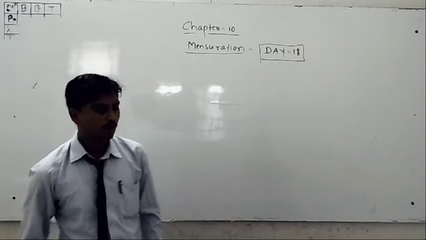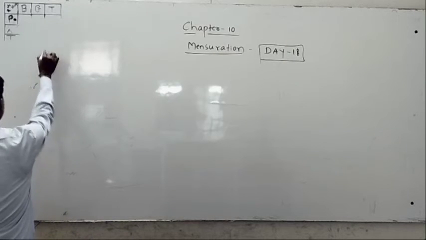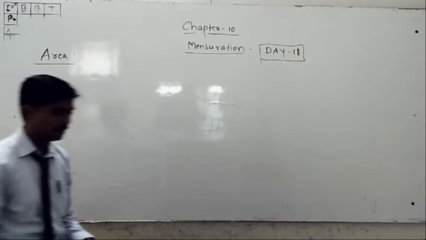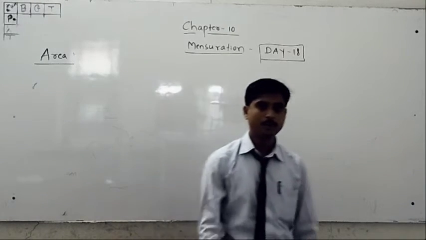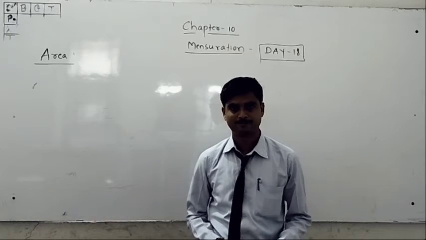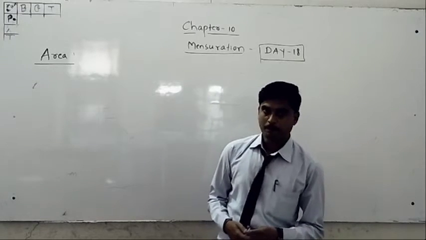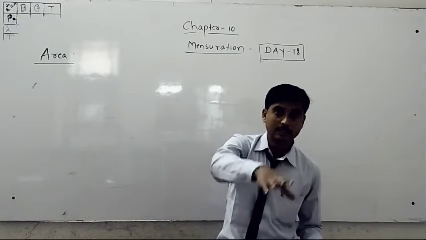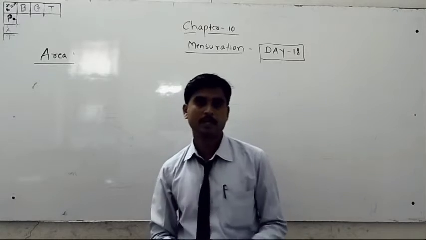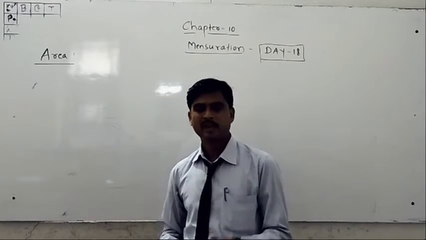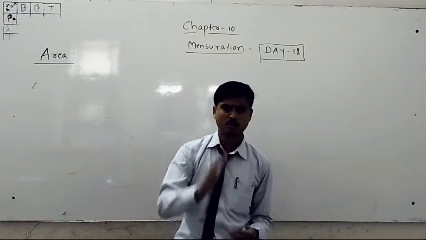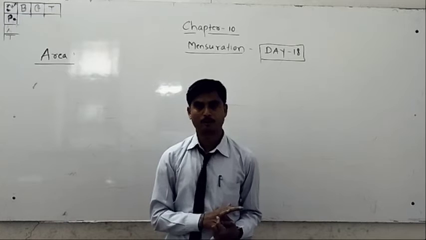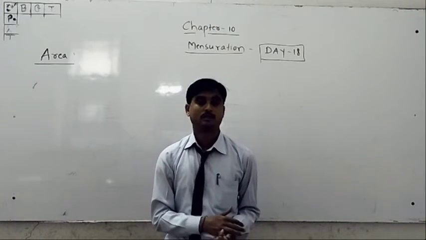Now today we are going to discuss area. Area and perimeter are like one coin and two faces. Before that, I already clearly explained all the perimeter problems, and I gave some problems that you have to solve at home. I hope all have solved them, but no one has sent the solved problems.